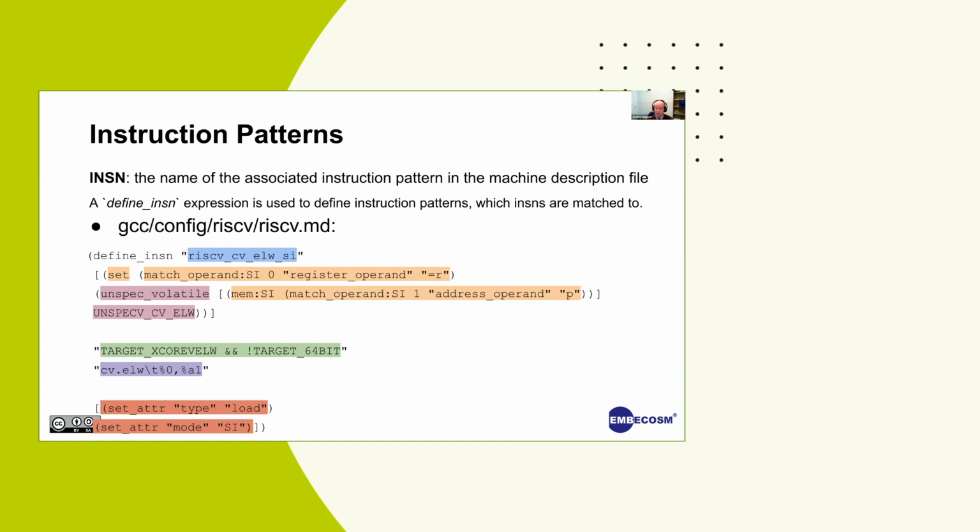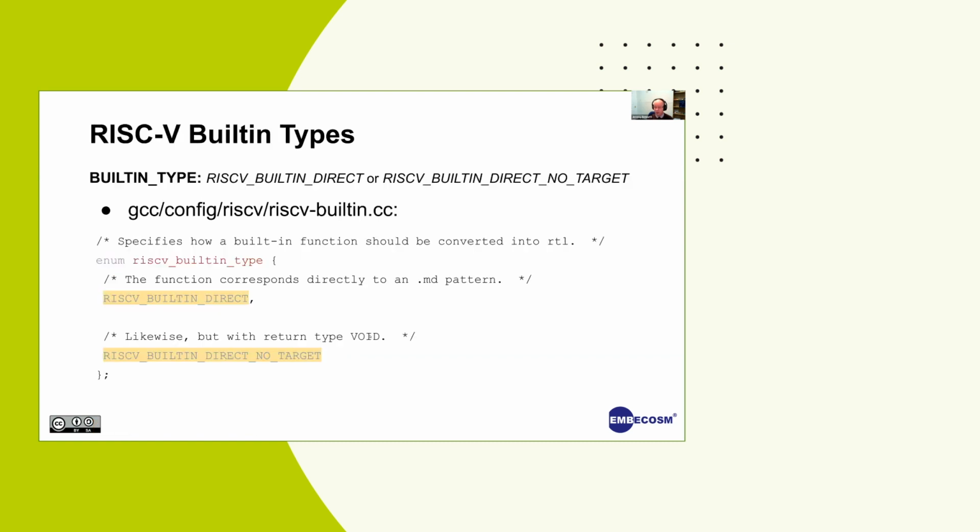And lastly, we put an attribute with this pattern. It's unspec CV_LD. I wouldn't worry too much about that. That's a bit of icing on the cake. I'm not going to go further than that. So that's the pattern we're looking for. We say if we can see this in the intermediate code of GCC, that's what we're looking for.